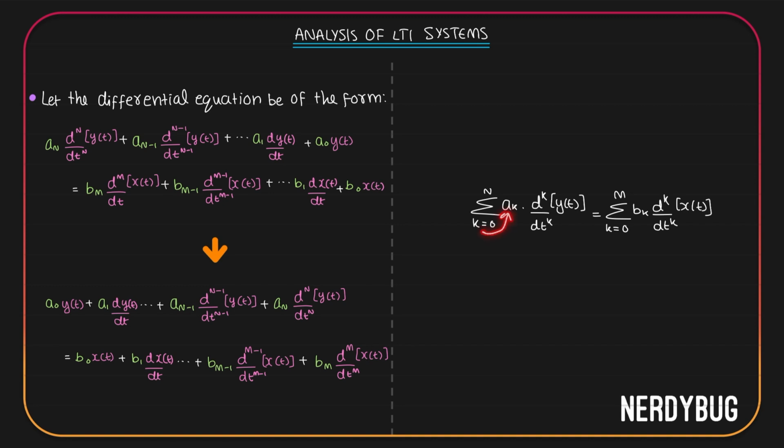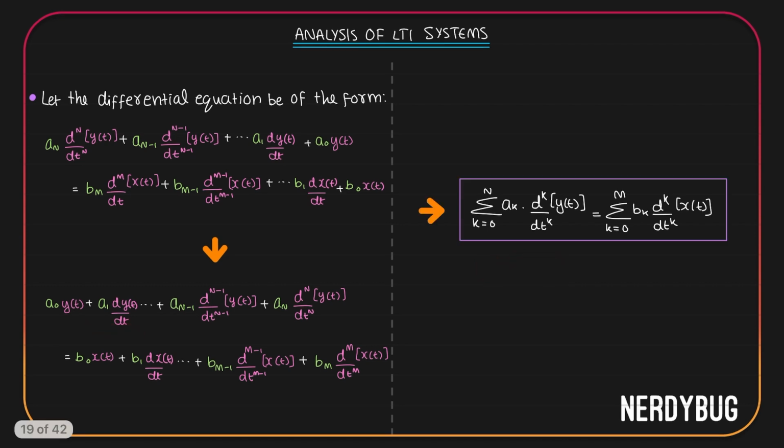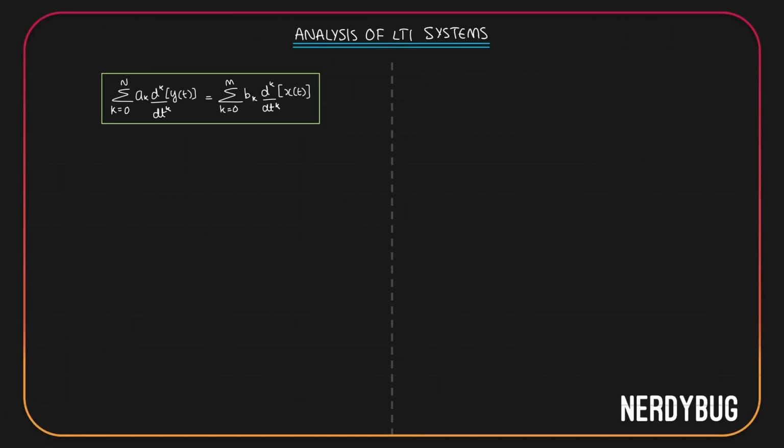If I give k equal to 0, I will get a0 d raised to 0 by dt raised to 0, which means we are not taking derivative at all. You are just taking y of t. So first term is a0 y of t. If I give k equal to 1, I will get a1 d by dt y of t. And that is my second term over here. So we got summation from k equals 0 to n, ak d raised to k by dt raised to k y of t is equal to summation from k equal to 0 to m, bk d raised to k by dt raised to k x of t, is the general representation for an LTI system as a linear constant